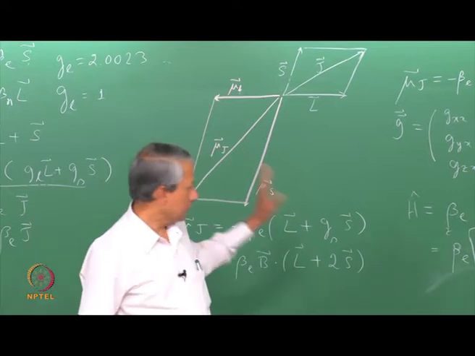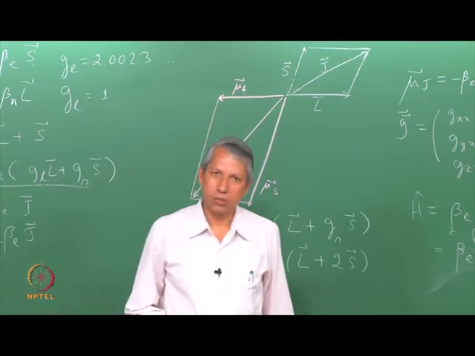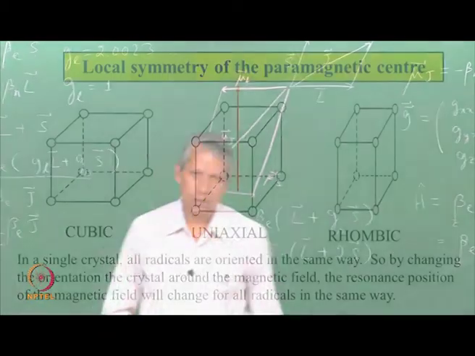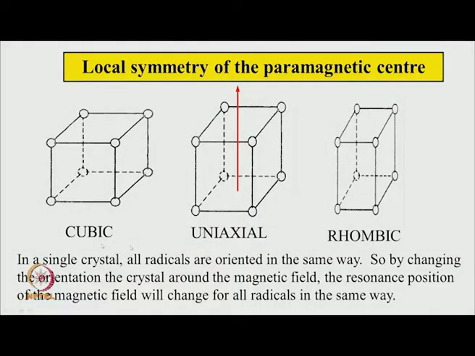To get interactions of this kind, the molecule has to be kept in a frozen solution or in a crystal. So, right now let us consider the situation in crystals. Crystals have certain symmetries. If the paramagnetic center is sitting in this crystal, they will experience the local symmetry. Now, local symmetry could be cubic symmetry here, or it could be uniaxial, where there is one axis of symmetry. So, that is, if it rotates in this fashion, at least a 3-fold axis of symmetry should be there, or rhombic symmetry, no symmetry axis higher than C2 here.